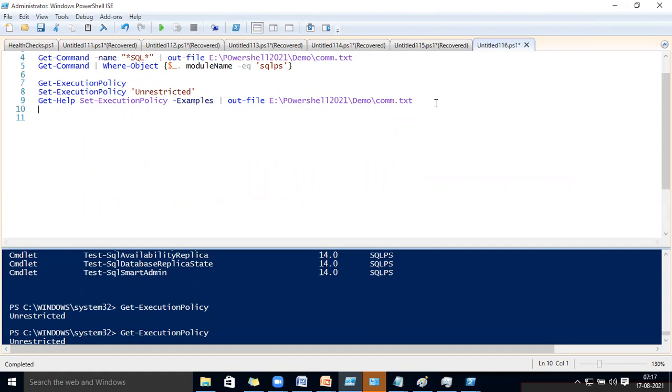Okay, so are there any security issues while using Unrestricted mode? Of course. Unrestricted means if the script is not trusted by the authority, and you download it from Google and run it, it is not given authority and it is not digitally signed. Maybe that script is going to harm your production. So of course they will not tell you to run anything in production, and that's why people will not put it into Unrestricted.